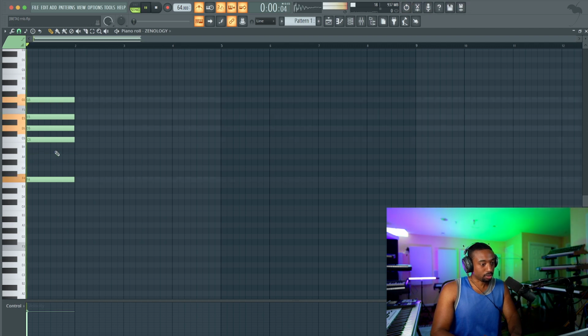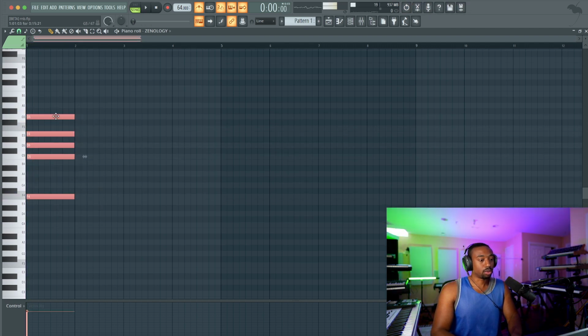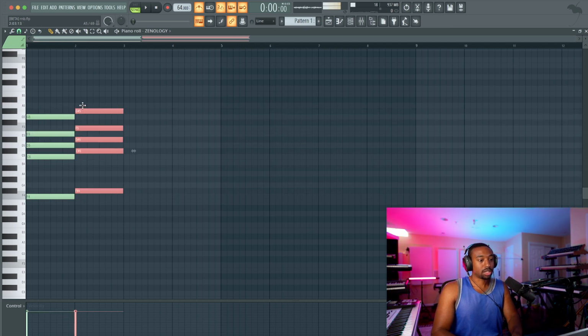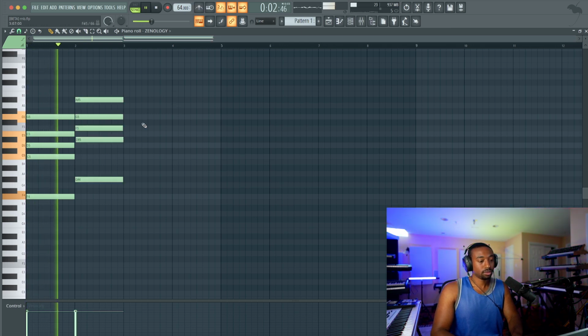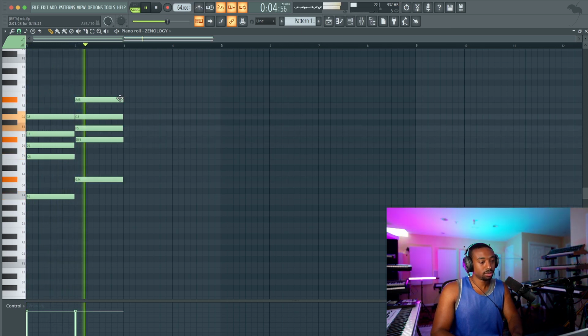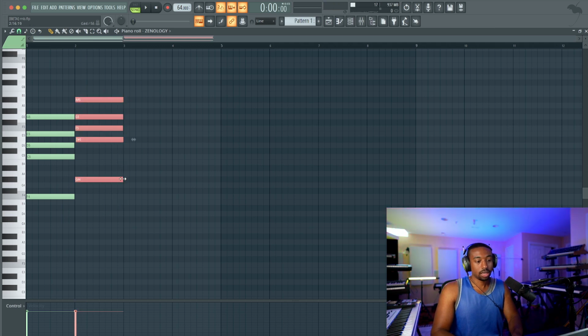Let me go all the way back. Okay, so the question is, where do you go from here? That chord sounds cool, but where do you go from here? My ear wants to hear this. Okay, so I'm going to hit Shift, copy the entire chord, and we're just going to assume it's the same chord type. That sounds cool, but let's just see what the minor version of this chord would be.